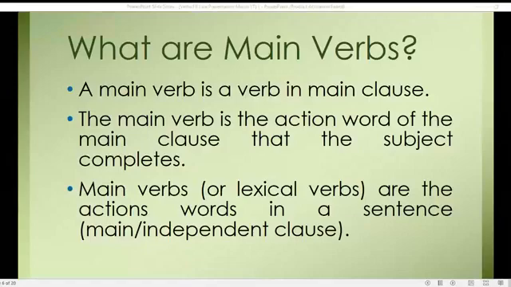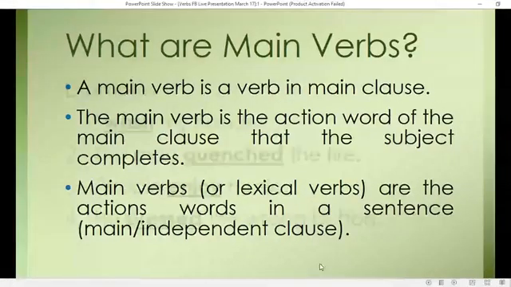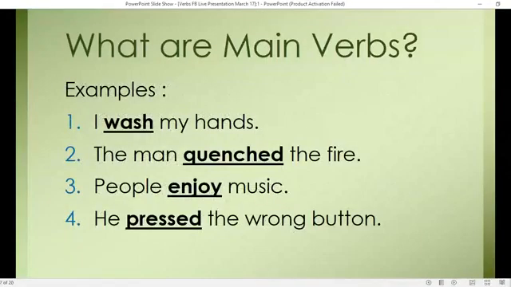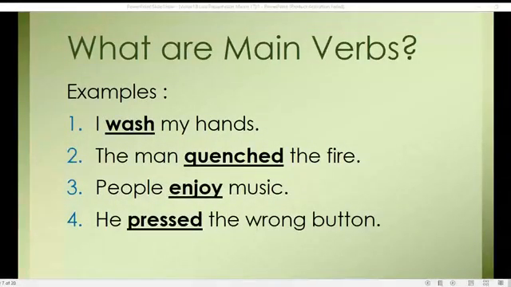So what are those main verbs? These are the examples. The first one is I wash my hands. Simply, we have underlined the main verbs. The next one is the man quenched the fire. People enjoy music. He pressed the wrong button. So the main verb is also a